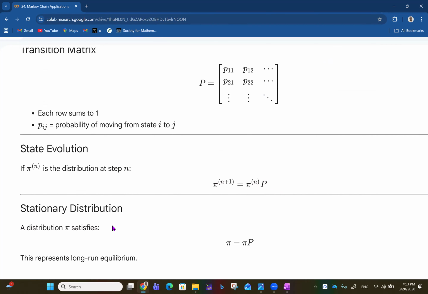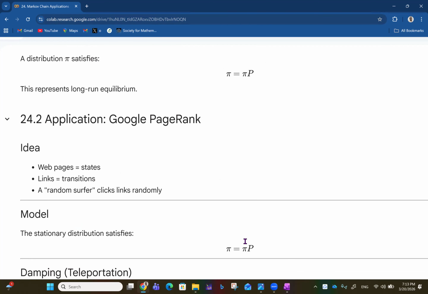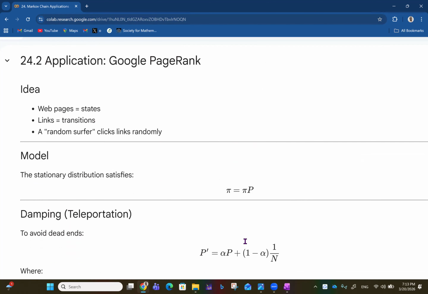Then we talk about the stationary distribution. That's the distribution pi which satisfies pi = pi P. This represents long-run equilibrium. So for every Markov chain, the system settles somewhere at the end of the day. All states will converge towards that distribution, and that is what the stationary distribution is. We've seen a couple of videos where I took care of that idea. So let's talk about